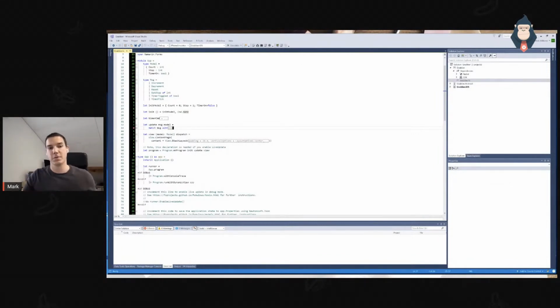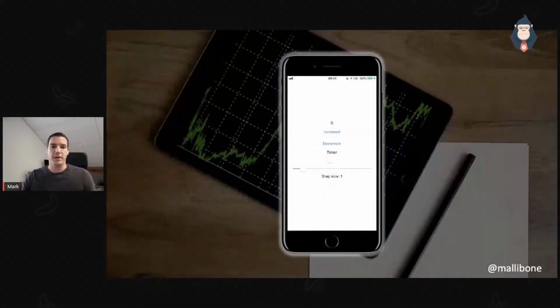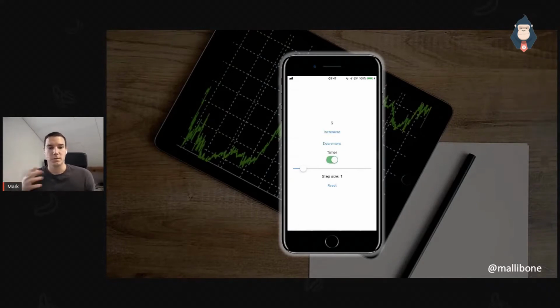Now, if you're starting out with Fabulous, this app has a lot of helpers in there showing how you would do certain scenarios. What the app actually is, is a very simple counter app. So you can increment something, you can decrement the value, we can put it on a timer so it counts up, and we can change the step sizes, so how much it will be incremented each and every time. And then we can adjust again with manual steps, and we can reset it back to its original state. And this is what this Hello World app of Fabulous is actually doing.